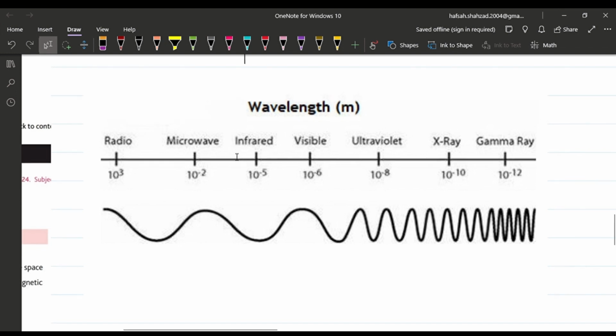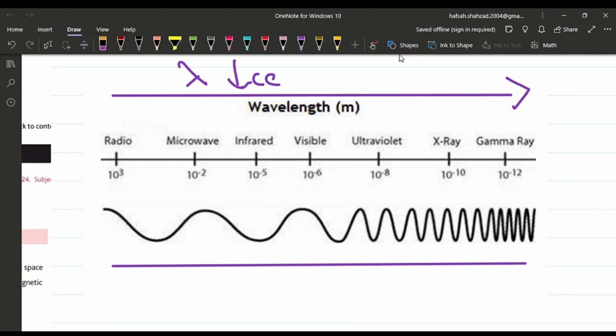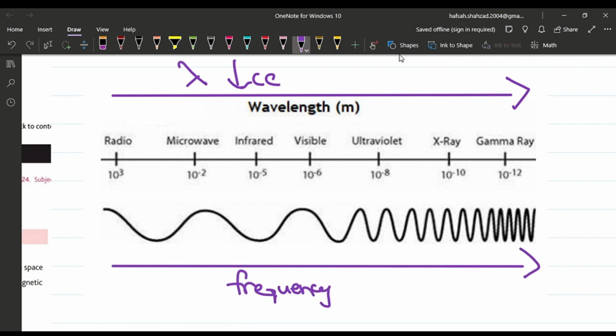And as we move on from radio to gamma, the wavelength decreases, the value of wavelength decreases. Moving from radio to gamma, frequency increases, which means gamma is the most energetic, the most dangerous one of all the waves present in this particular spectrum,